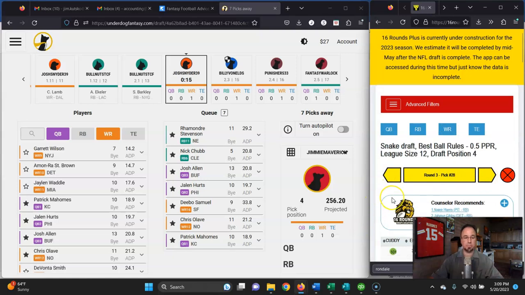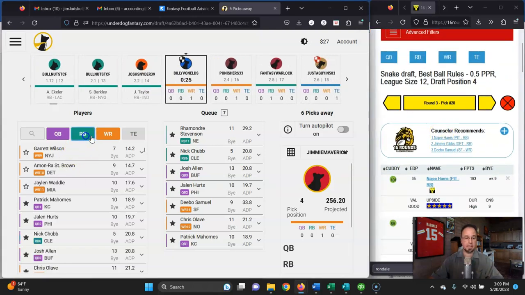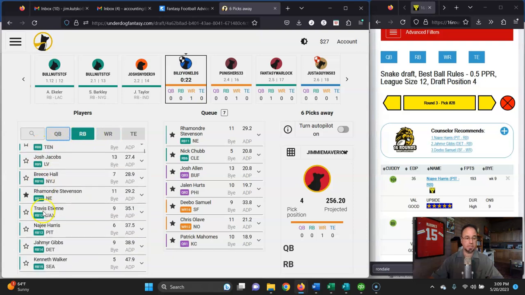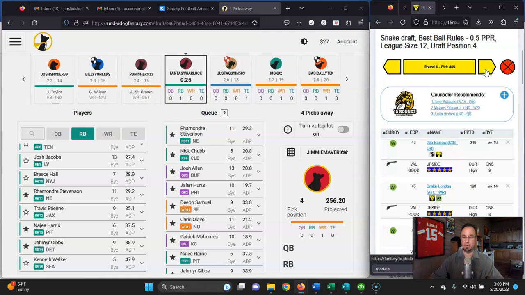We can also start just queuing up the third round as well before it gets back to us. Third round is recommending Najee Harris, which again I've been getting him in nearly every draft I've been taking. Very heavily weighted. Jahmyr Gibbs, also a good option for the third round. Deebo here is recommending for the third round, so we won't take Deebo with our second pick for sure. I might end up just taking a quarterback because I've been going elite wide receiver and elite quarterback because, again, it gives you a solid foundation, and those running quarterbacks are so valuable as far as providing